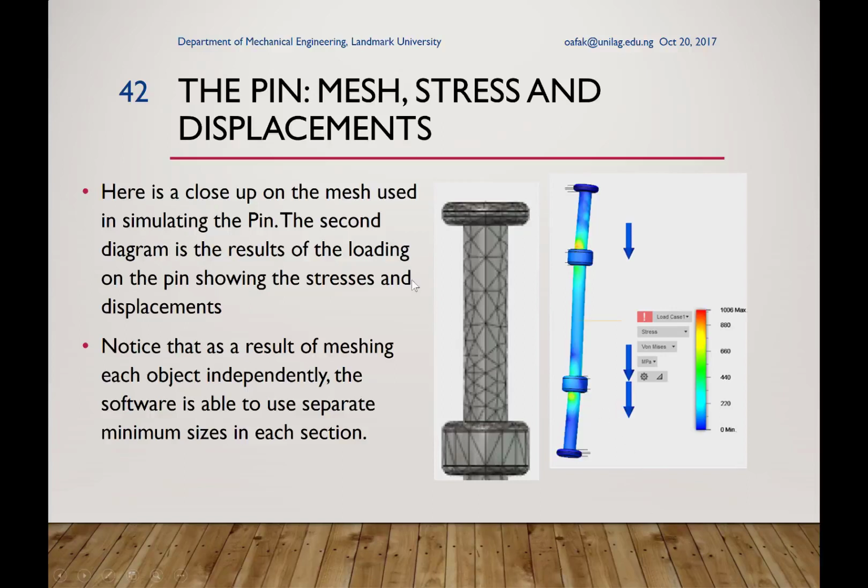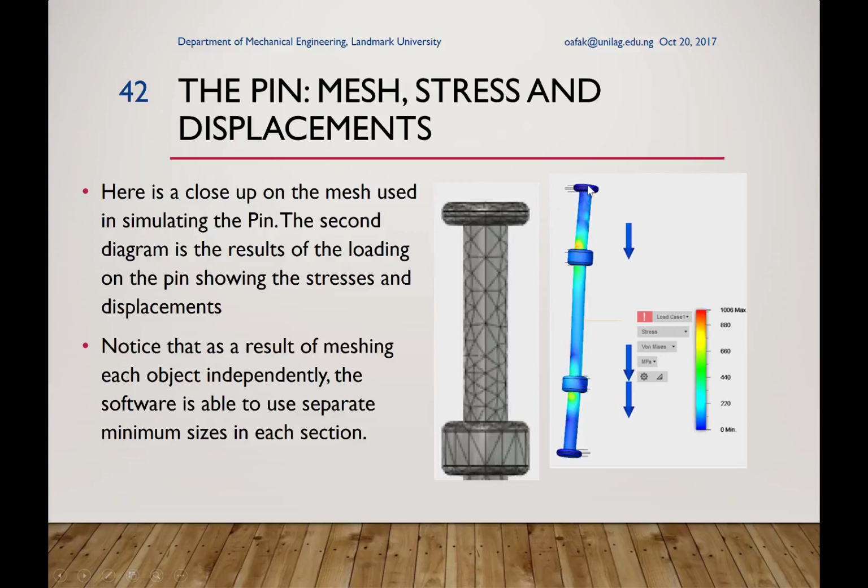We go to the solve now, and we can look at if we click the mesh, we can generate the mesh. This is a mesh of the upper part of the pane after we have enlarged it. This is the actual mesh that was used, and this is actually the result given in terms of the von Mises stress. And it's color coded so that, just by looking at it, you can see where it's getting redder, yellow to red. Those are the areas of maximum stresses, and where you are having dark colors to blue, blue to dark, you are having close to zero stresses.